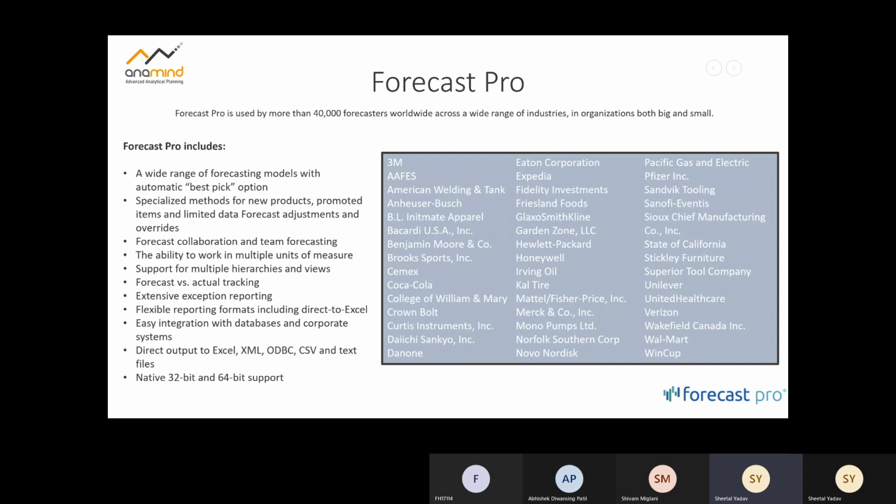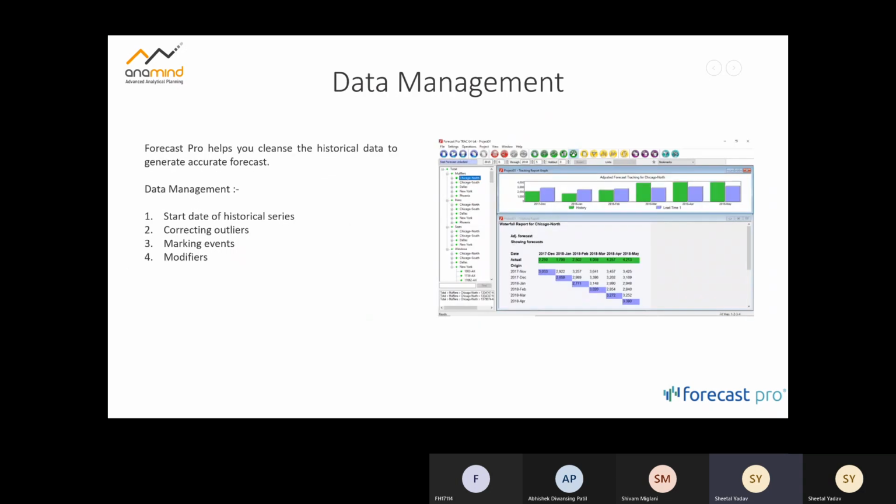Now, with respect to the various features and options, I'm sure I'll be walking you through that today. But just to give you an overview of the client base and some of the features that we have. Now, for today's session, we're just keeping it brief, but this is the most critical part